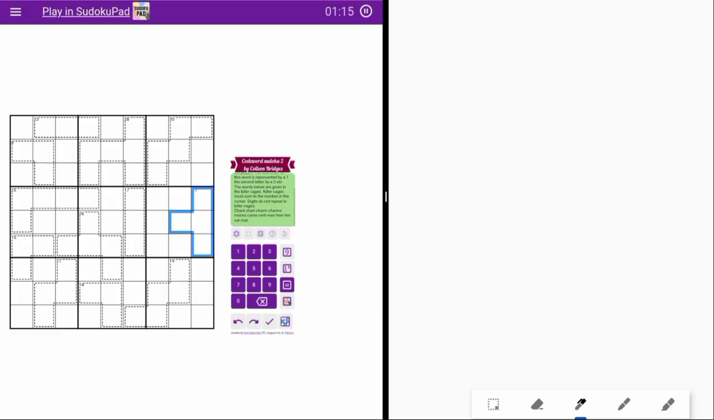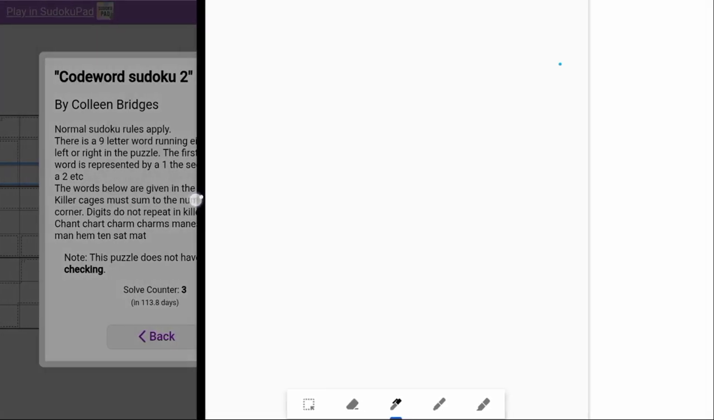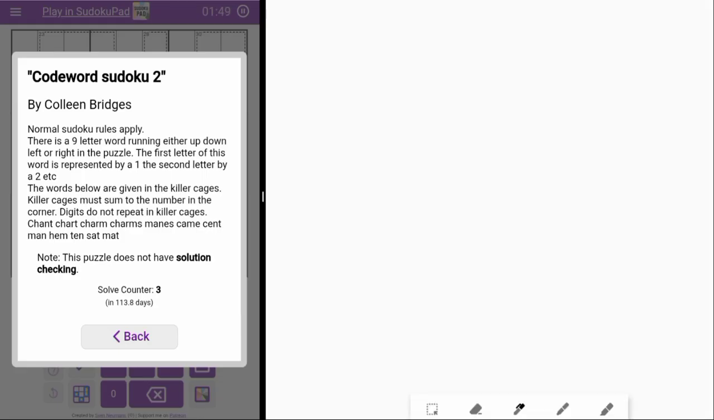There's a 9-letter code word which goes, say, 1, 2, 3, 4, 5, 6, 7, 8, 9, somewhere in the puzzle. Going back to the rules again, first of all we need to figure out the code word, and that will tell us where these words go in the puzzle, into which cages. If the first letter of the code word was a C, then C would be a 1, and that would tell us where these words go in the cages. So first of all, I'll make my notepad a bit bigger and show you how I worked out the